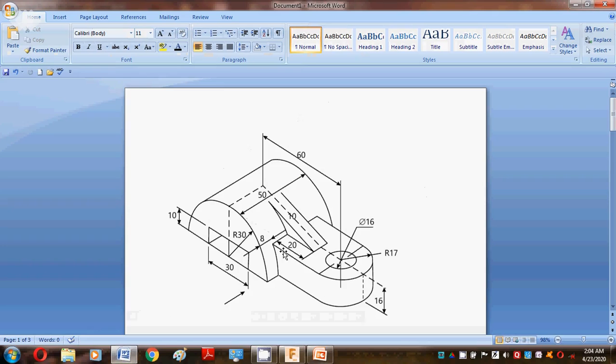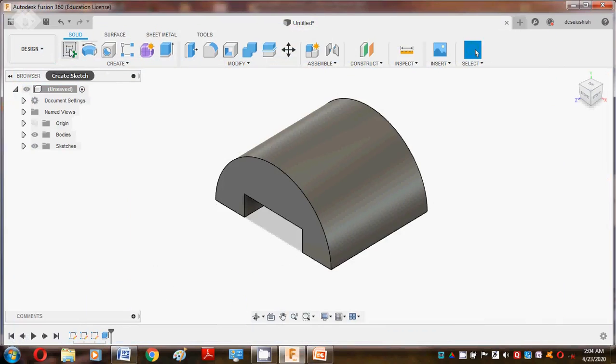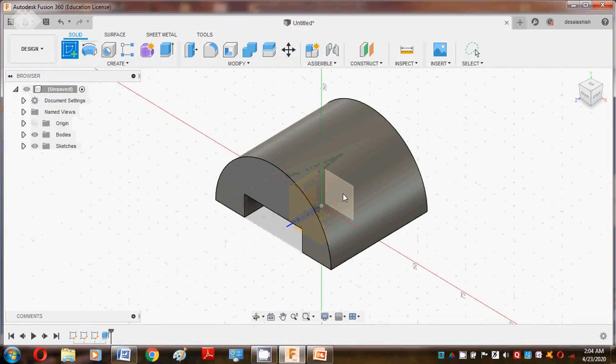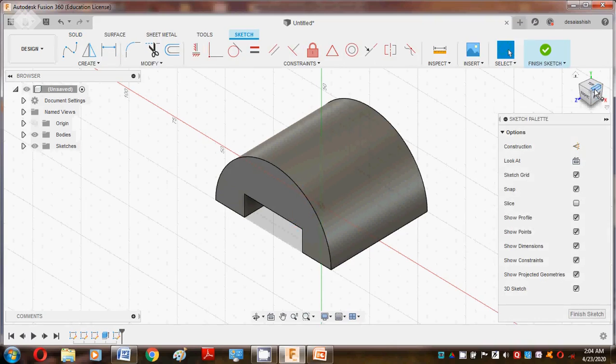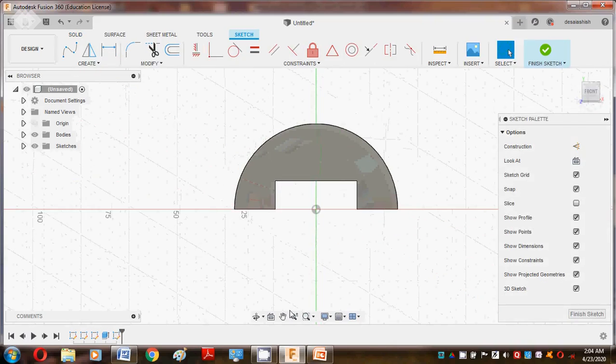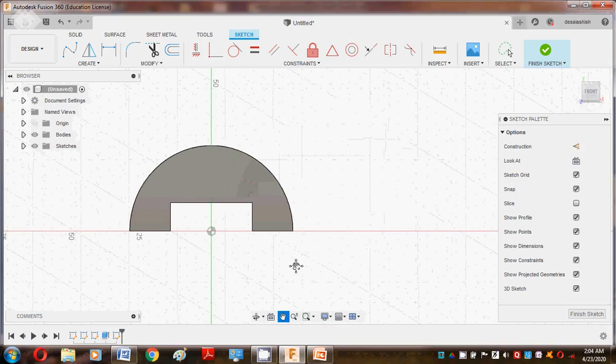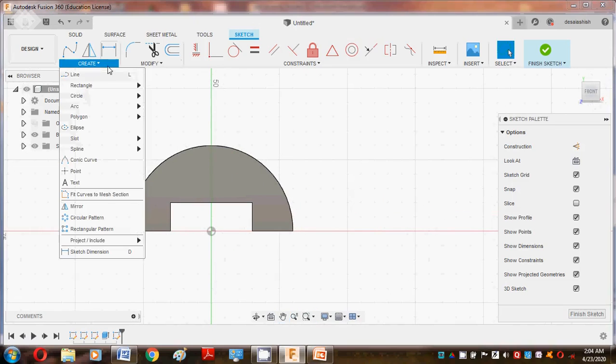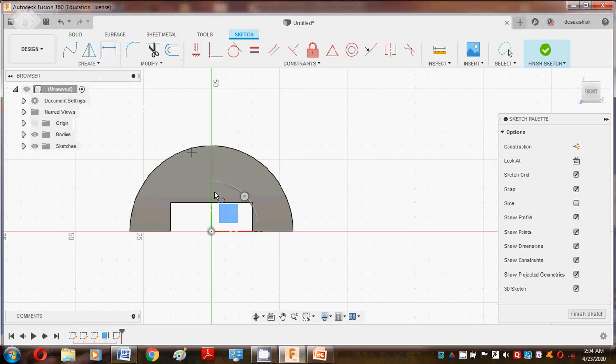Now we know that we're creating this feature. For that purpose, the center to center distance is 60, so 60, and this width is about 16. After that, for that purpose, create sketch, select this plane, go to the front side, then pan it. Now we know that the same line from this end to this point is 60,